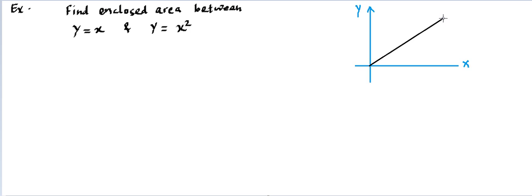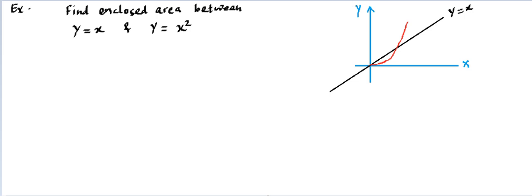Since y equal to x, it's going to have slope 1, so it's going to be 45 degrees. So symmetrically it will be running like this. So that's the y equal to x. Now let me draw another graph on the same figure. This is going to be a parabola opening upward, you know that, starting from 0, so it will also go from 0 and move like this. Let me magnify a bit. So it's going to be some sort of this, and not only this side, it's also going to proceed that side. I'm not drawing the left side because on that side it's not intersecting.